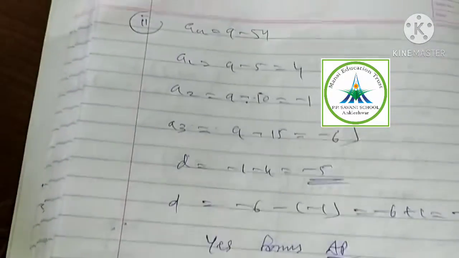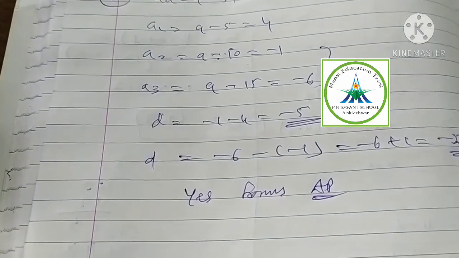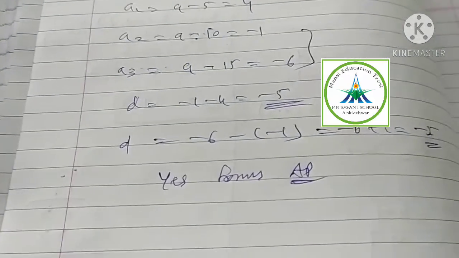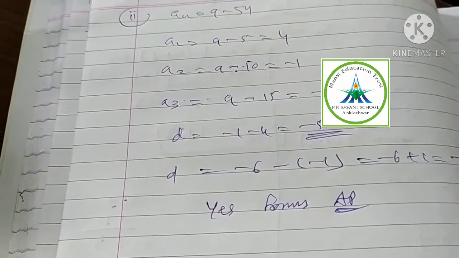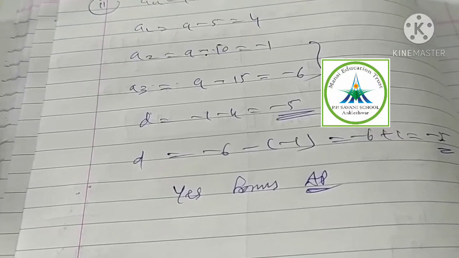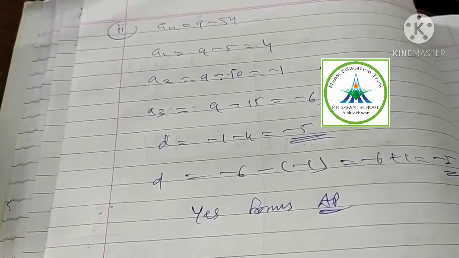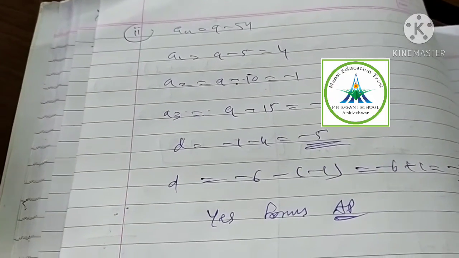I think you are understanding this. After solving exercise 5.3, I will make a short assignment to check whether you really understood exercise 5.3 or not. Please try your best. Now see, students, look here. I am stopping this video. The remaining examples I will take in the next video. Please watch the video 2 times. Solve yourself. See you.